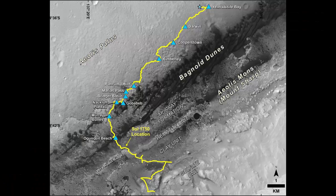Curiosity's travel. Curiosity has covered more than 10 miles (16 kilometers) on Mars in a little less than 5 years. By comparison, the much smaller Opportunity rover, which has roved the red planet since 2004, has traveled roughly 27 miles, or 45 kilometers. This map, based on an image from NASA's Mars Reconnaissance Orbiter, shows some of the highlights of